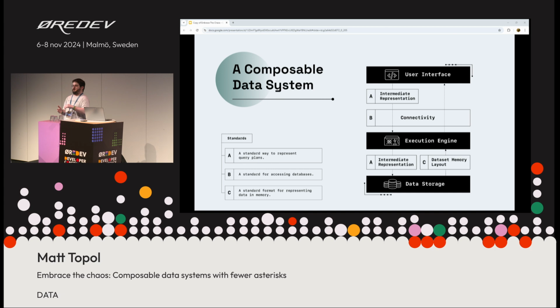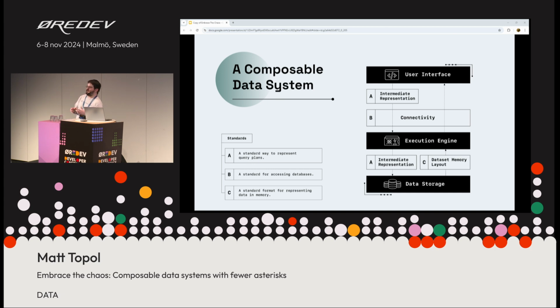For any data system at all, you're always going to see some variation of these three layers, probably with some other layers in between, but effectively, you'll always see these. And the ability to use different tools and utilities that already exist for those purposes, and swap them in and out as a composable system, is what I'm talking about.